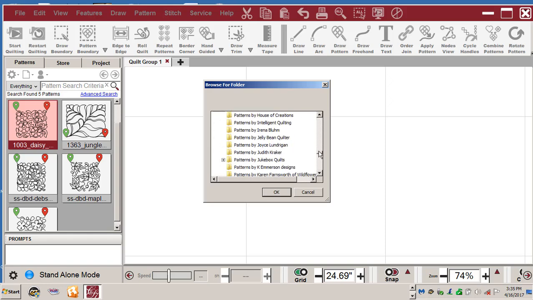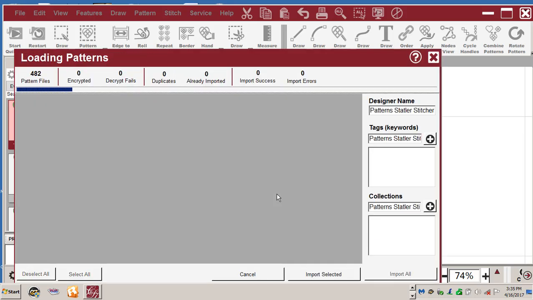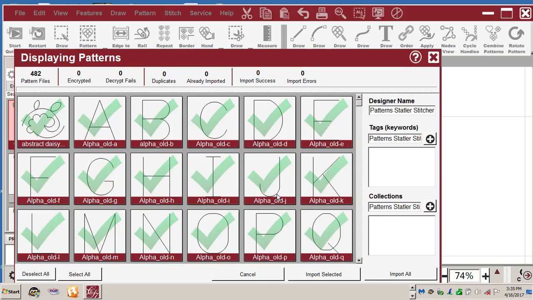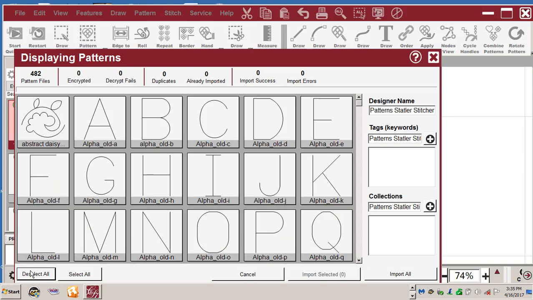Okay, let's go down. Find some. See if I have the Statler Stitcher. Oh yeah, Statler Stitcher patterns. Okay, it's going to bring up every one of these patterns. 482 patterns. My word. And they're all selected. I'm going to deselect all of them. And I'm just going to scroll down